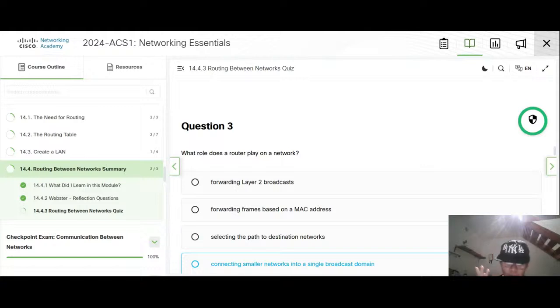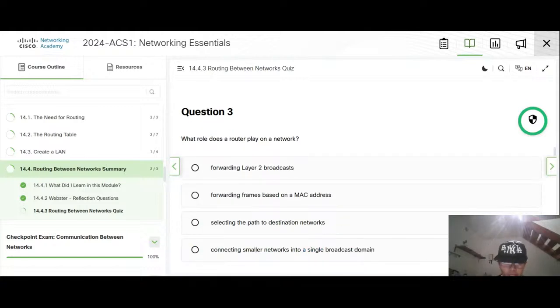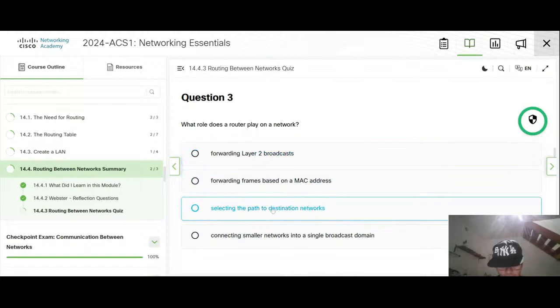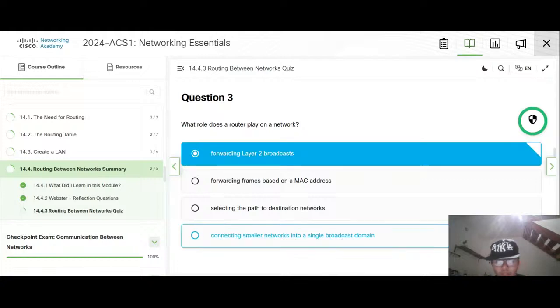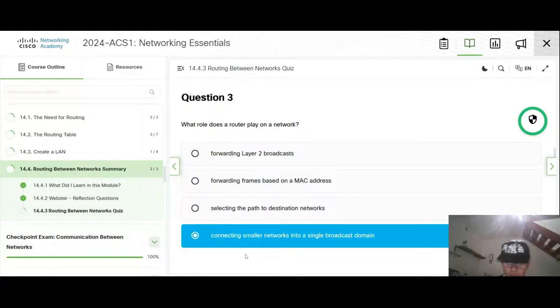With this house of memories. Forwarding frames now. Best path to do this. House of memories.